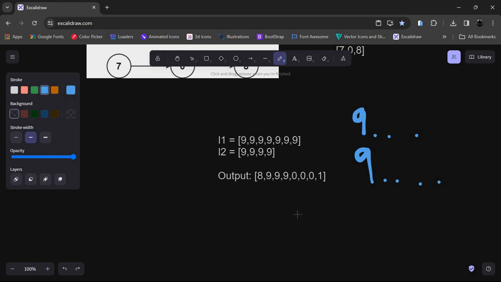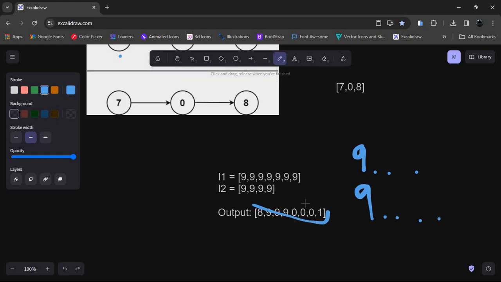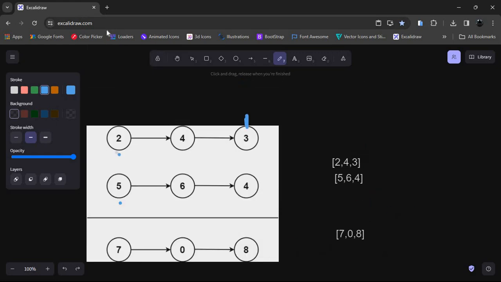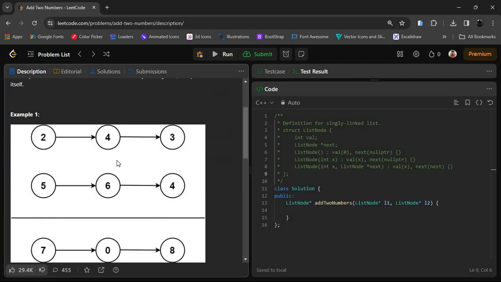So we'll give the condition: if L2 is not equal to null pointer, then else, L2 is equal to null pointer, so we will keep this value as 0. So 9 plus 0 will be 9. So this is how it's going to work. I will code and explain in the code what is going to happen. Now this will be the output with the help of carry over. That's fine. Let's try to code.